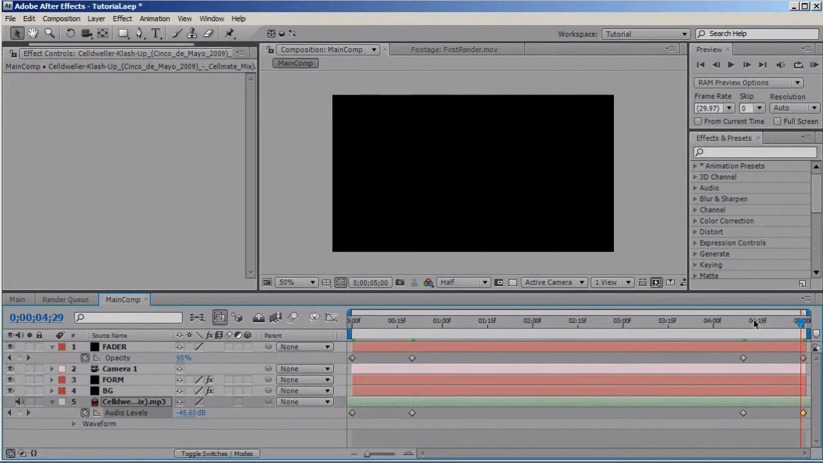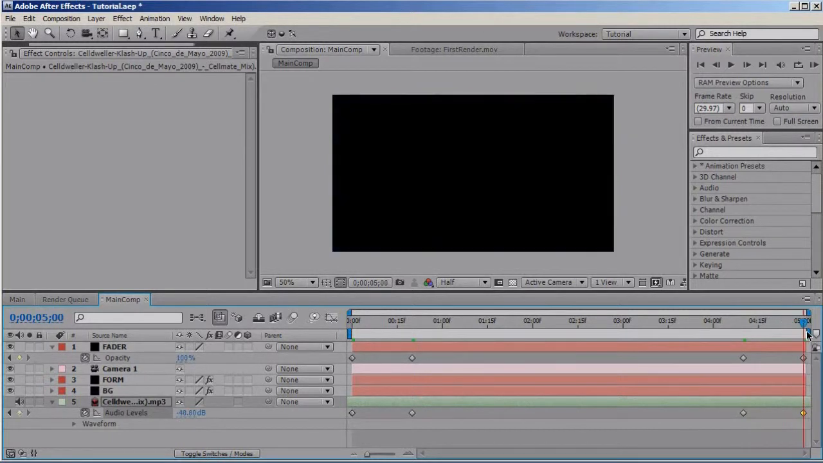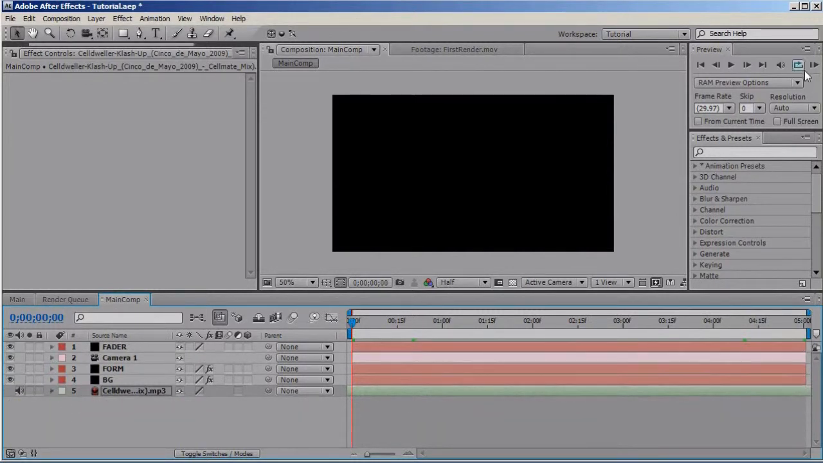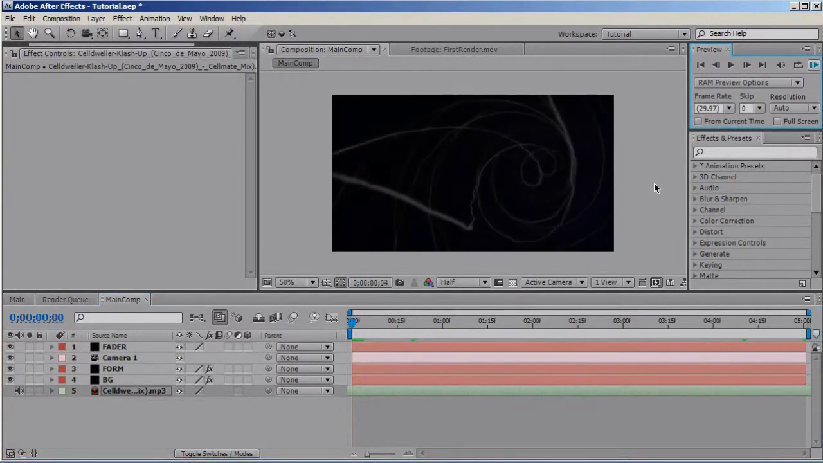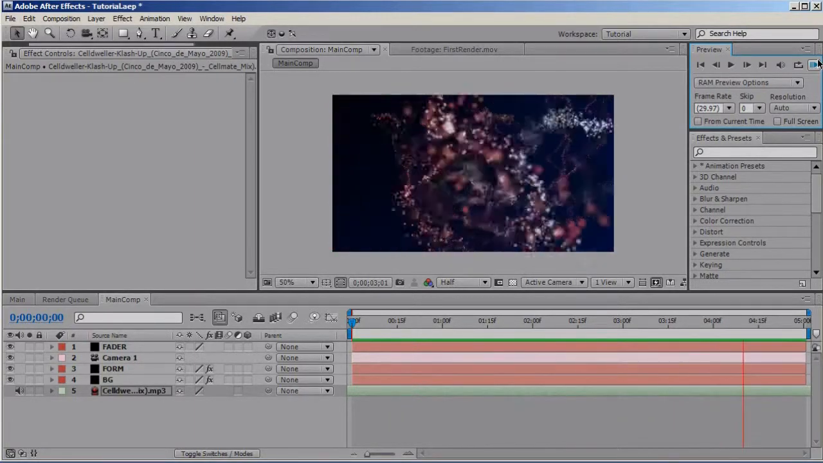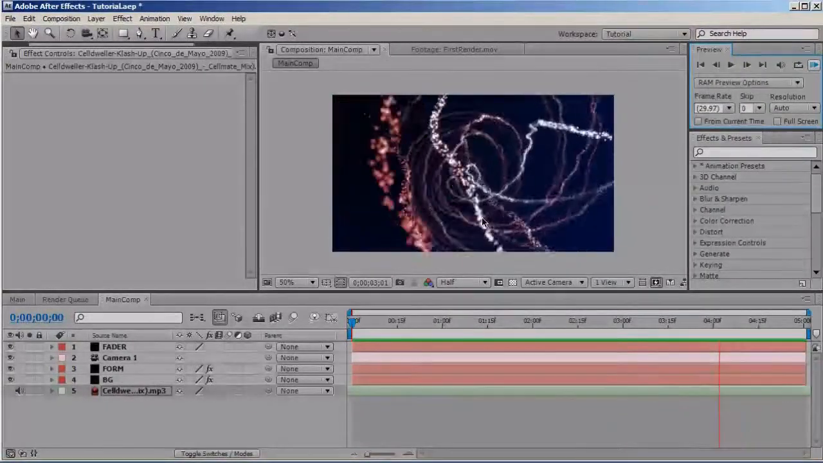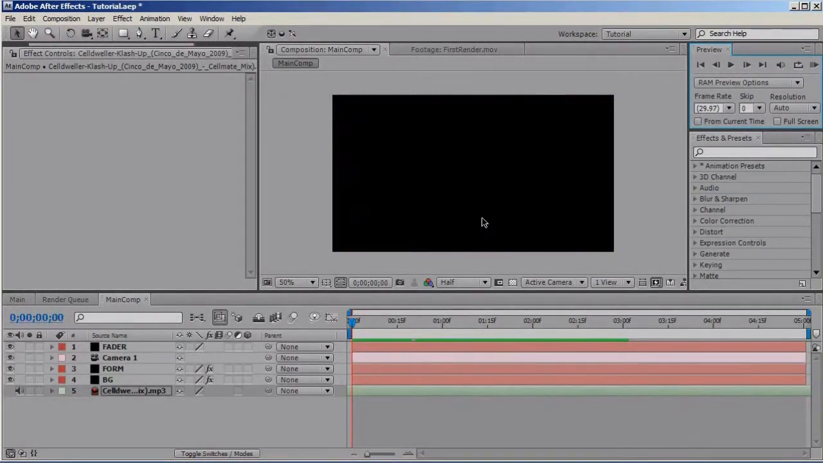Right, we have our fade, our video fade and our audio fade, and let's do one final RAM preview and check it out. Right, I'm pretty pleased with the final effect. Hope you enjoyed the tutorial, but